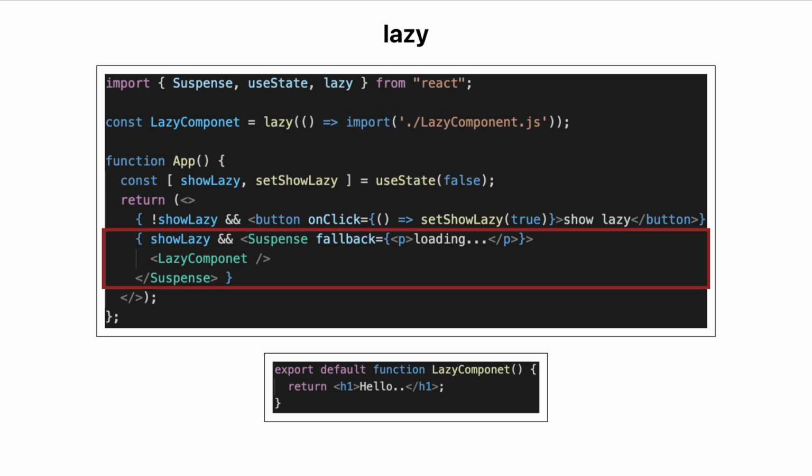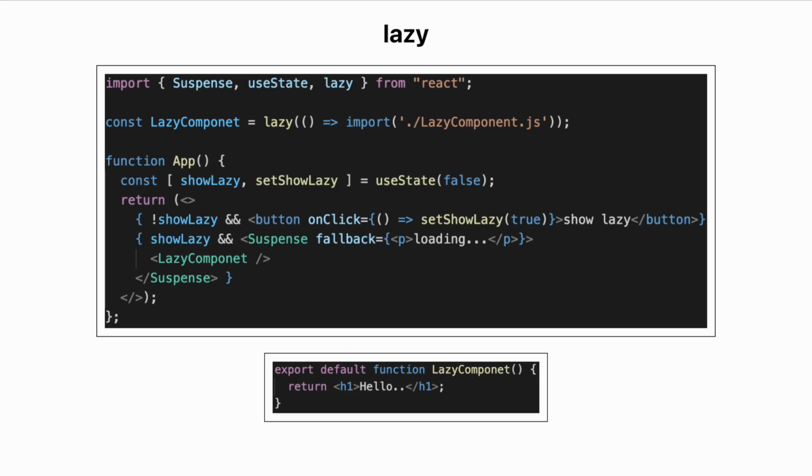You will be placing the component inside Suspense. While the promise is still being resolved, that is, component code is still being imported, the Suspense fallback will be rendered, otherwise, the component will be rendered. You can also wrap this component with an error boundary, so if the promise returned by the load function is rejected, the error boundary fallback will be rendered. Okay, what is the benefit of using the lazy API? It will reduce the initial load time of your app by reducing the bundle size, and your app performs better even in lower bandwidth. Optimizing resource usage is also the key to better performance.